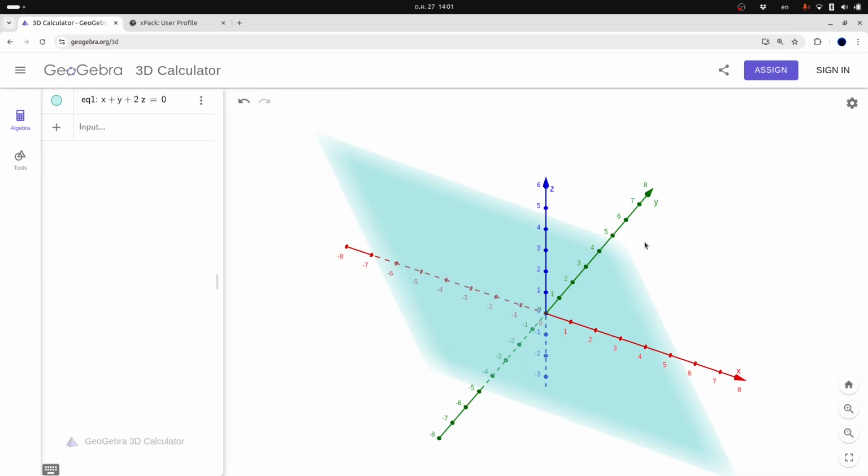Okay, can you see that it's a plane? Since it's a plane, if you take one vector inside it and you scale it, it will also belong to the plane. Also, because the constant on the right side is 0, if you set x to be 0, y to be 0, and z to be 0, it belongs to this set. It's a solution of this equation.